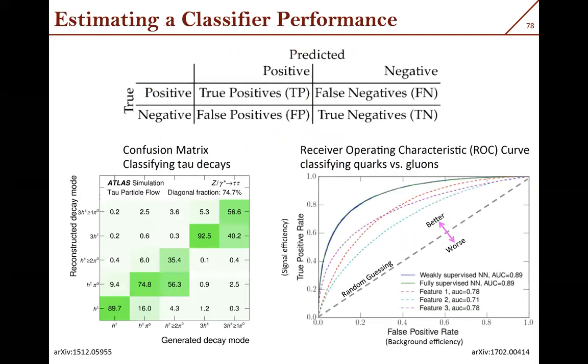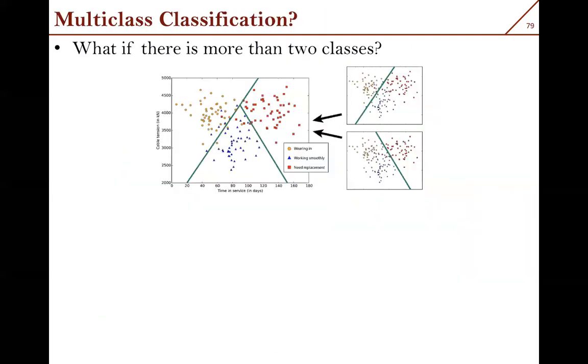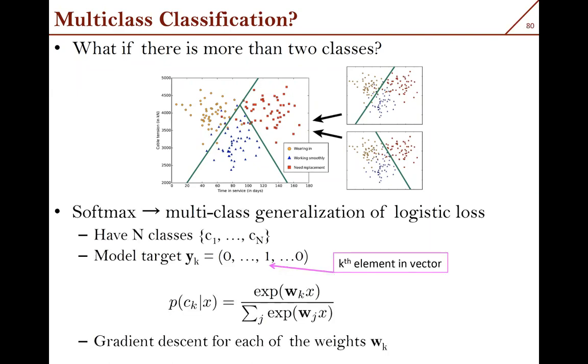Okay, so that was about when you have binary classes, but then obviously you go to multi-class classification. Initially we said blue versus red. Now you add another one here, like the golden color. Now how do we go about it? In a classical cut and count analysis, the decision boundary will be like either you put this or this, but when you go to the machine learning method, your decision boundary will be more complex.